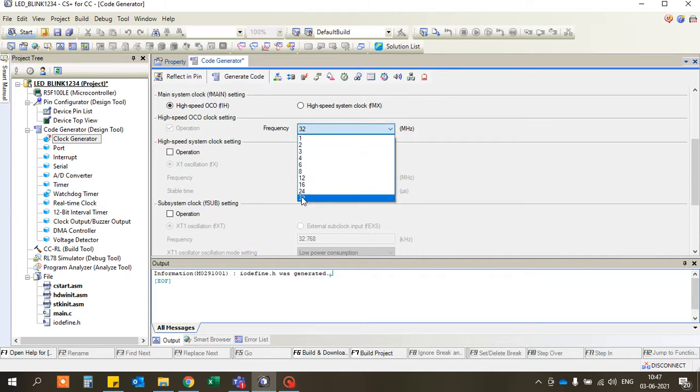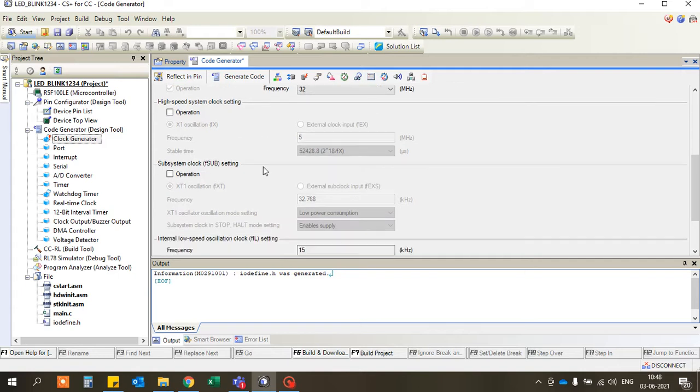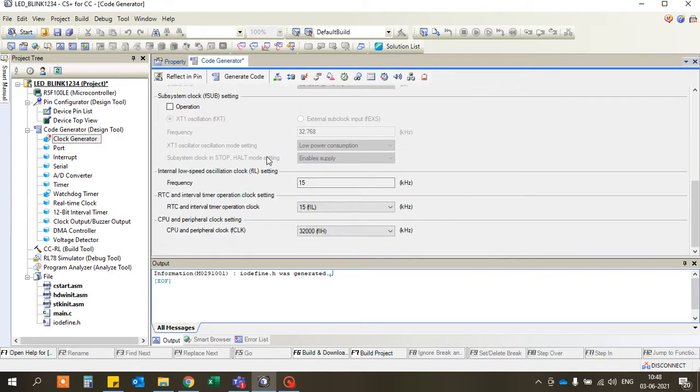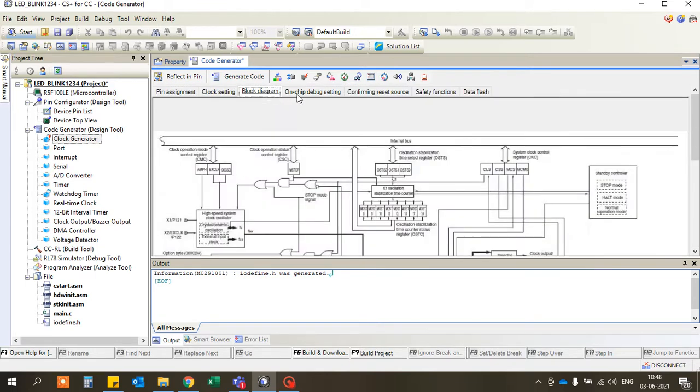Then my clock frequency is 32 megahertz. Keep this setting as it is. My CPU peripheral is 32 megahertz frequency. Then here is a block diagram.